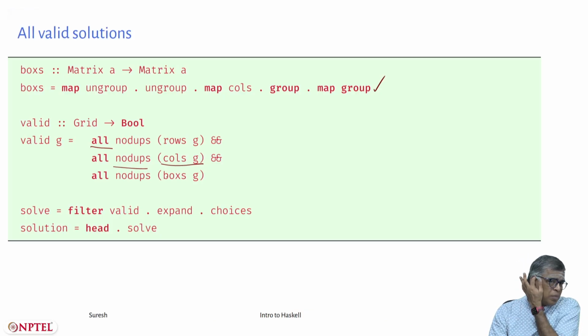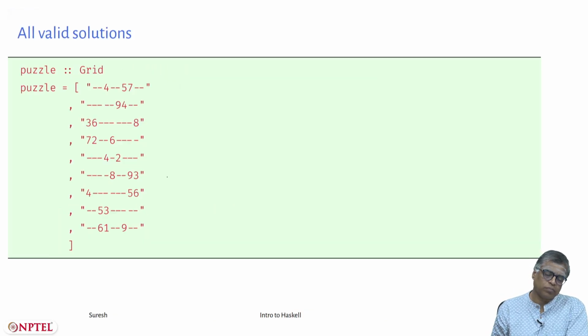Okay, and the main work here was to check when a grid was valid. Okay, that is the main part, the crux of the solution here. So let's just test it. So I have a puzzle which is like this. I present the puzzle like this. It's a list of rows. Each row is a list of digits. So I do this,